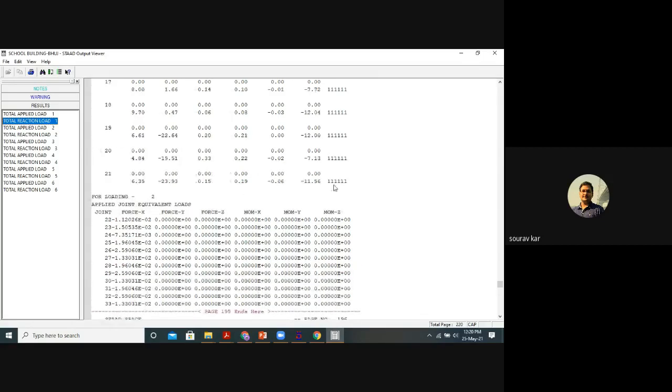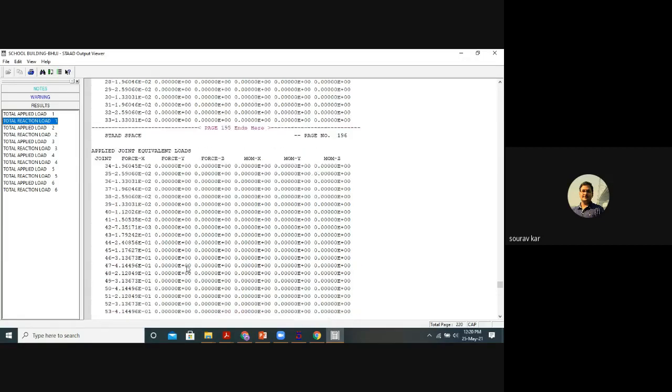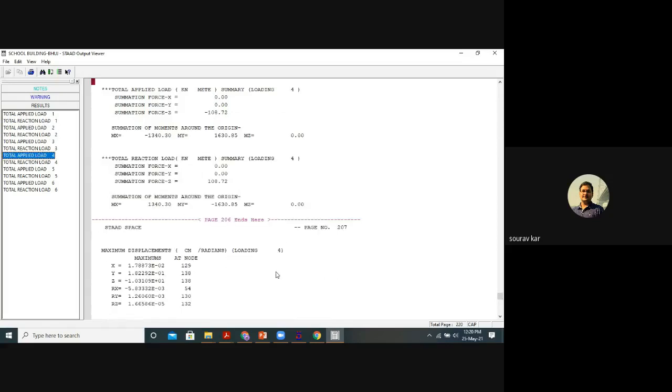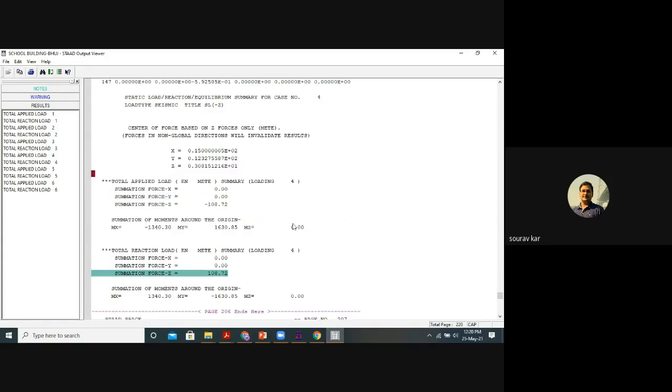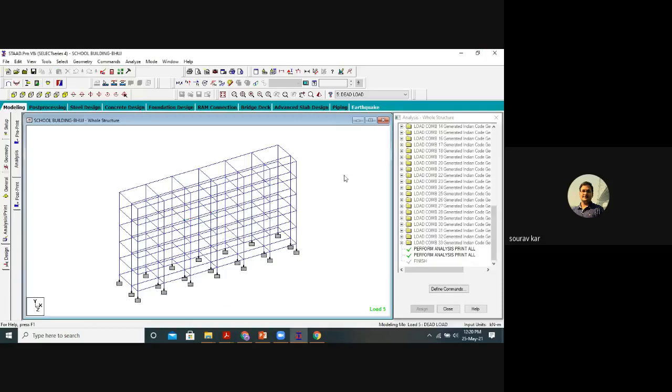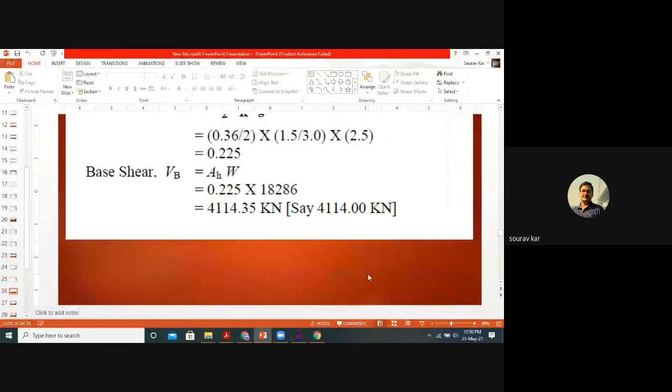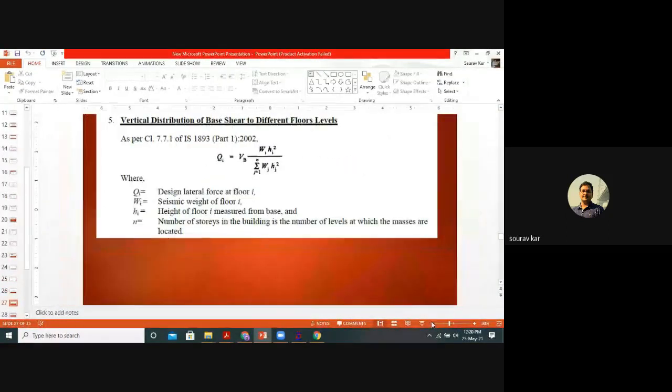At every joint, the forces are given for various load types. Okay, so this is how our seismic load is. So this is the table they have taken.